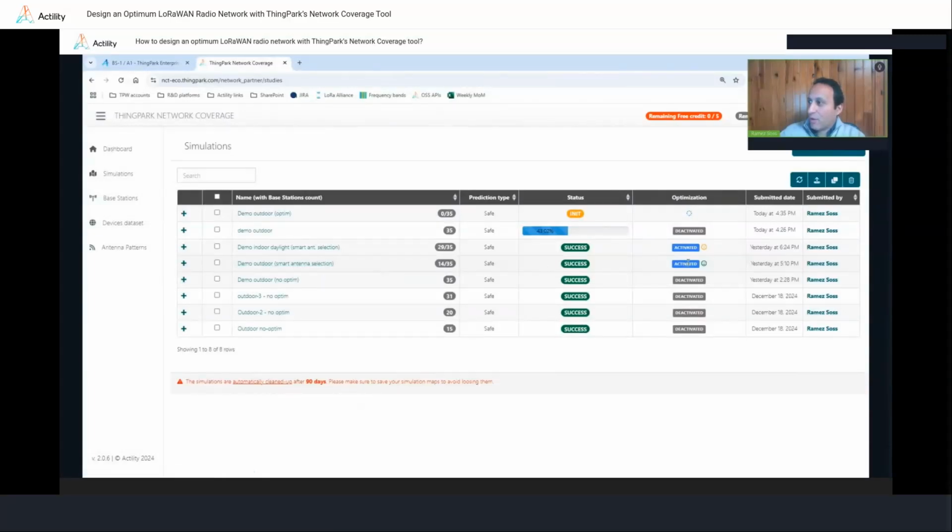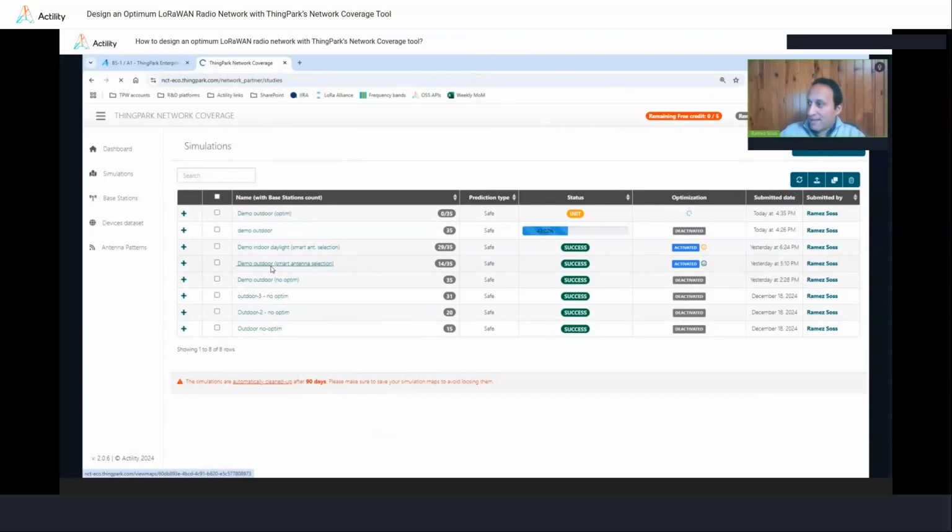Here you see that the optimization has been activated, and the tool has, out of the 35 gateways, activated only 14 gateways out of 35. And we have here a happy face saying that when the optimization has been activated, we have reached the coverage target, which was set to 95%.